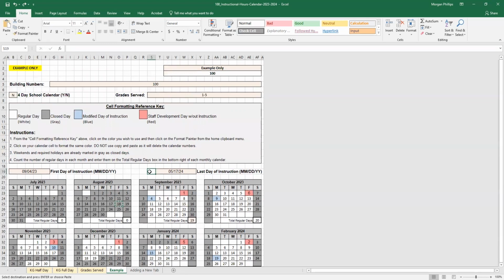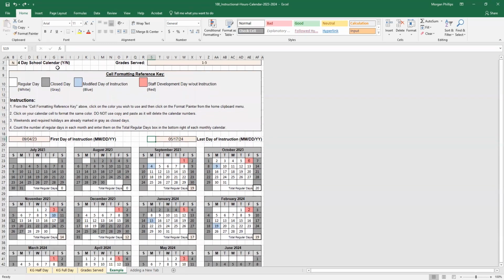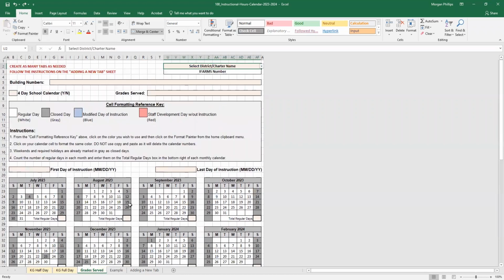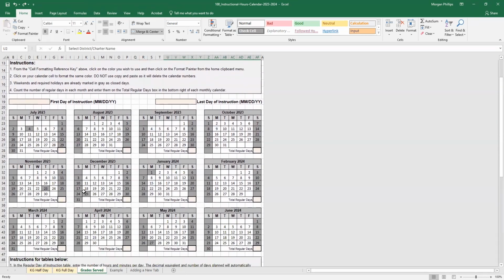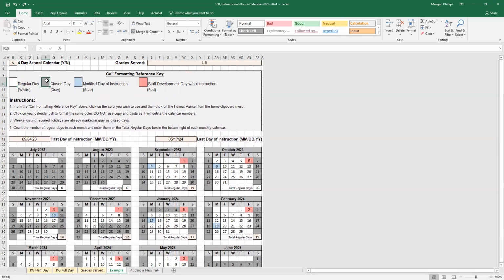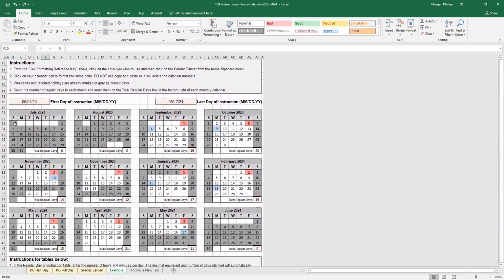So what you will want to do is your regular day should be in white. So anything that's a normal day on your calendar, leave white. The standard template has all of the days white except for the required holidays by Idaho code and the weekends. So hopefully that gives you a little bit of guidance in your form. The next is going to be your close days. You will want to gray out everything before your first day of instruction and after your last day of instruction, as well as any other breaks, vacations, close days that you might have throughout the year.